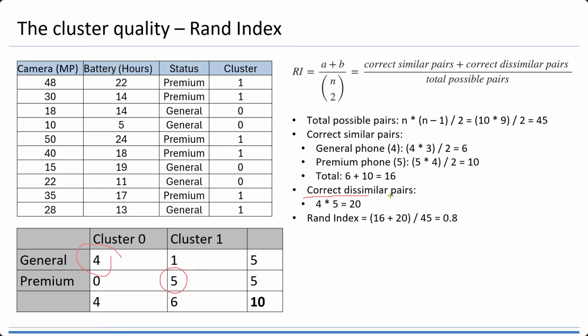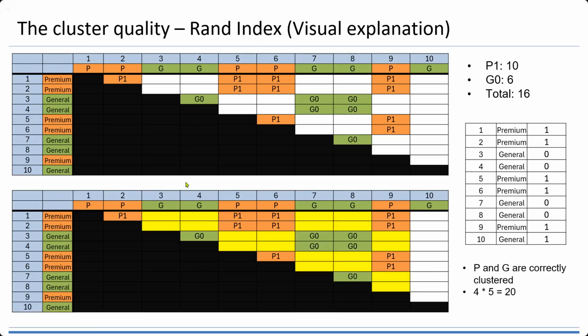Now let's check the correct dissimilar pairs. What does it mean? For the correct and dissimilar pairs, we want to check: this is 4, this is 5, and we have 4 multiplied by 5, which is 20. So how can we get this 20? If you look at this one,